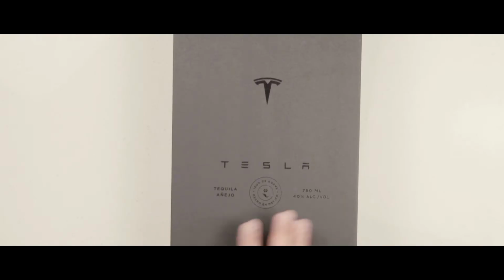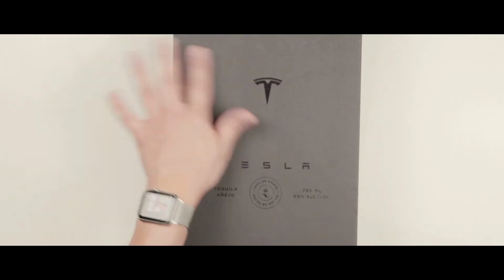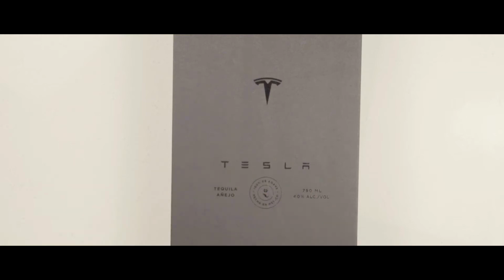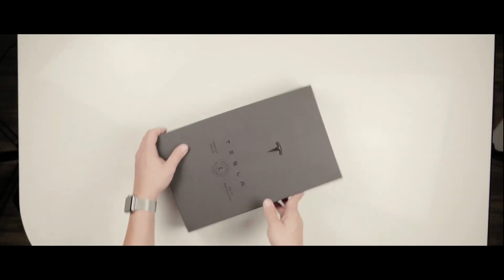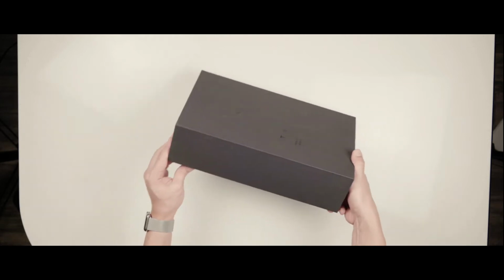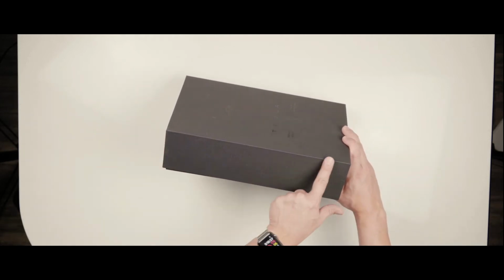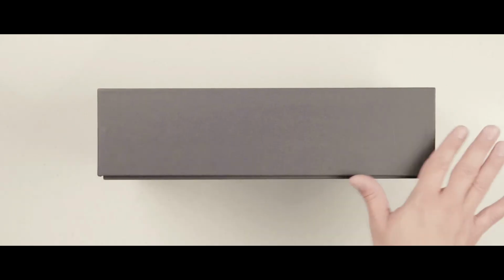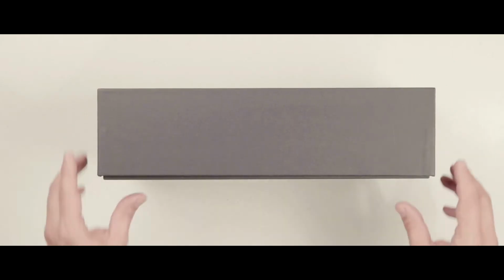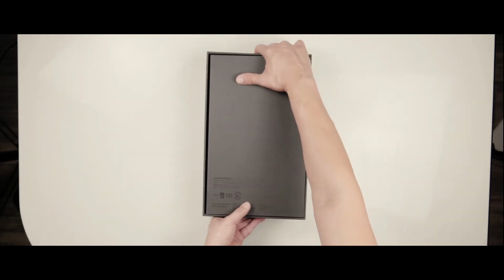The dark gray on black colorway. Very impressive. Let's see what's on the side. Nothing on the side. I gotta tell you, the box looks very sturdy, very high quality box. It's not like one of those flimsy boxes. And then on the back,